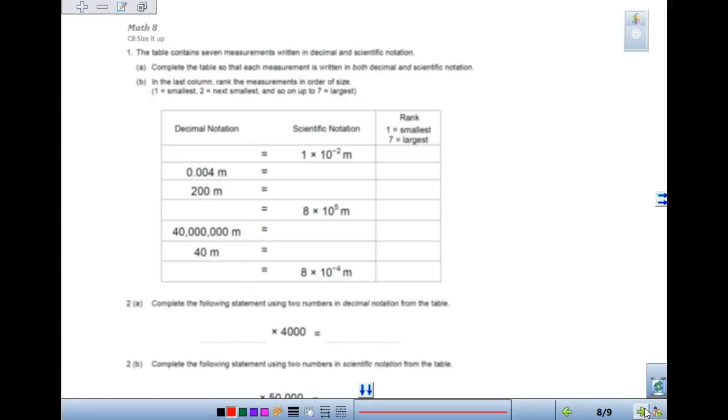You are going to start right now on C8. And when you start on C8, you have to write this number that's given in number 1 in scientific. If they give it to you in standard, you must write it in scientific. Then you're going to rank them from the smallest to the largest. As you are